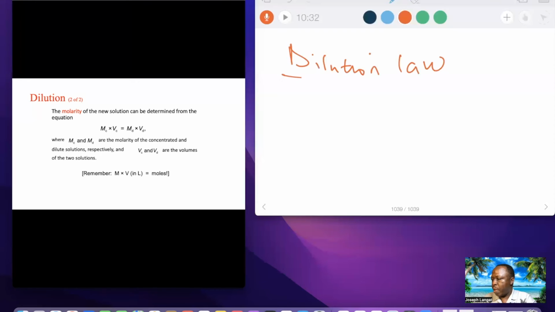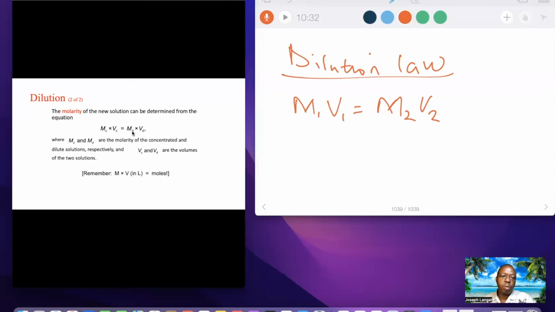It is another method of determining the molarity of a solution: M1 V1 equals M2 V2. On the PowerPoint slides, this means the molarity of the concentrated solution, the volume of the concentrated solution,